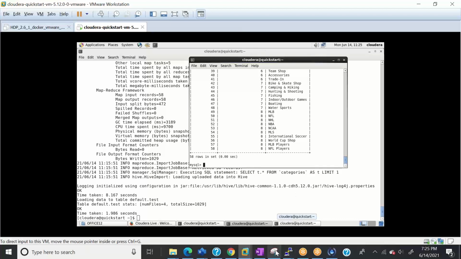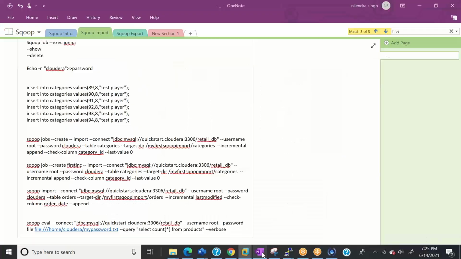Now if I go to my command and pull that command using incremental load, what I'm doing here is, to create the jobs, I will say sqoop job --create, then the job name, my first incremental job, my first INC. This is my job name.